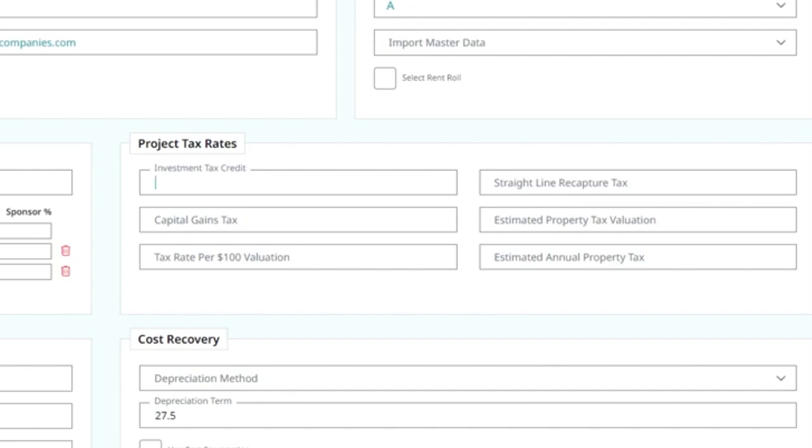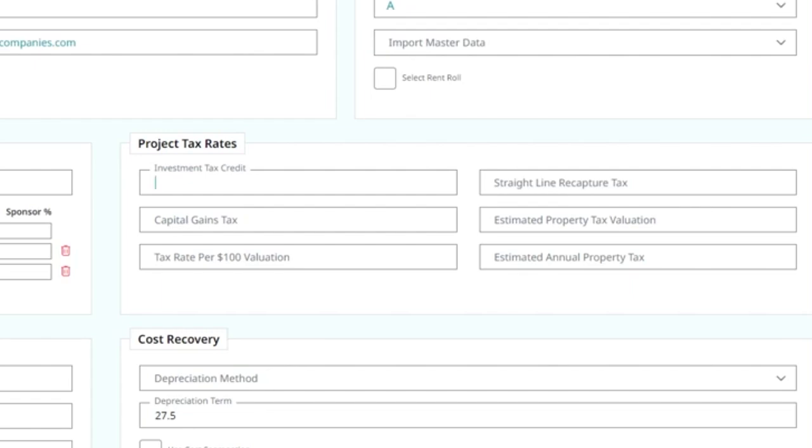And depending on how you structure certain things, you may take an investment tax credit, you may take accelerated depreciation, which has to be recaptured, and all that factors into what your distribution is after tax, and before income tax, but after capital gains and straight line recapture tax. So we have to tell it what these numbers are so that it can calculate those adjustments to the sale